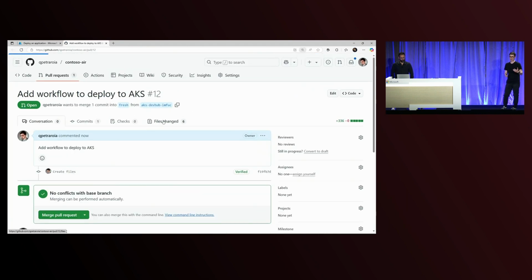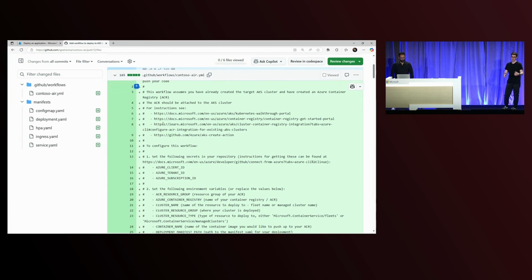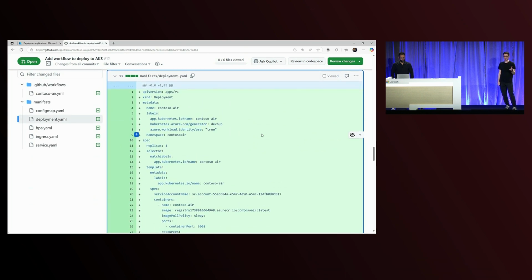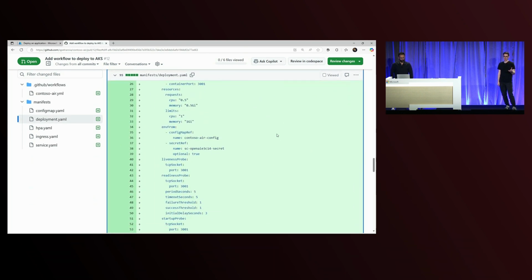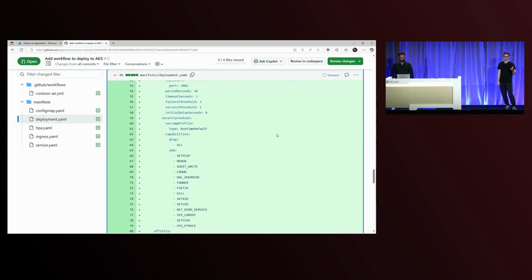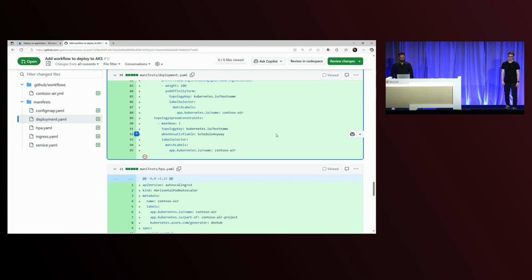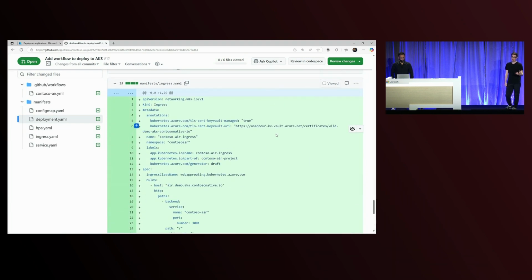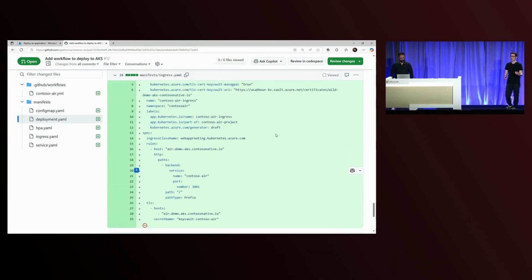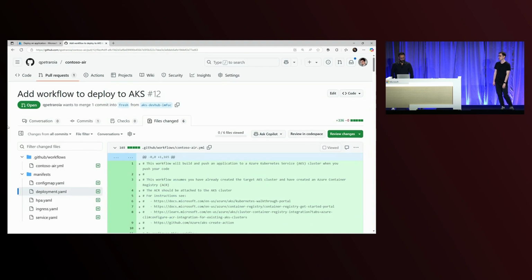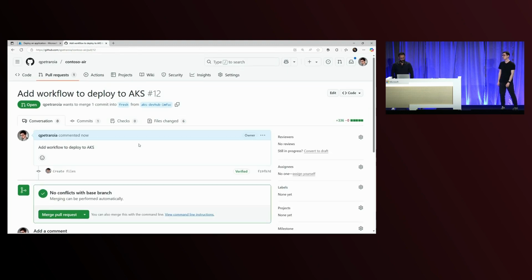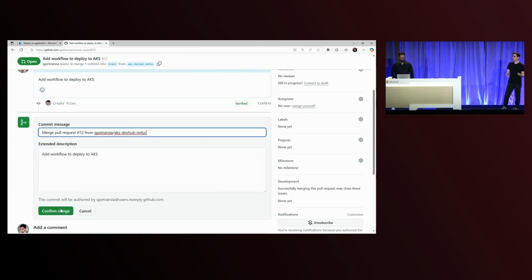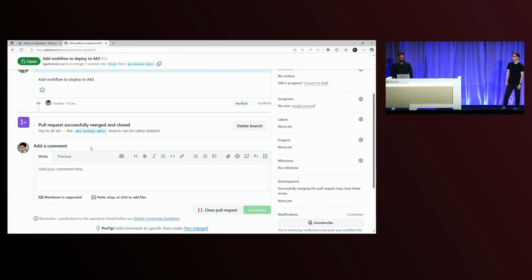So again, if you want to make any changes to the YAML files, you could, or you could just kind of skip it. But as you see in our deployment, we have some of those best practices. You see the liveness probes, the readiness probes. You even see some pod security standards that we'll get into a little bit later. And then you see our HPA, right, our ingress, right? This is all YAML that you didn't have to create, and it was created for you with those AKS best practices built in. So if we press merge now, we'll actually kick off those GitHub Action workflows,